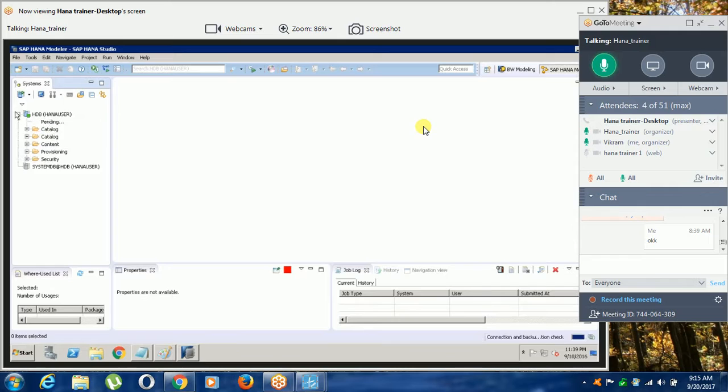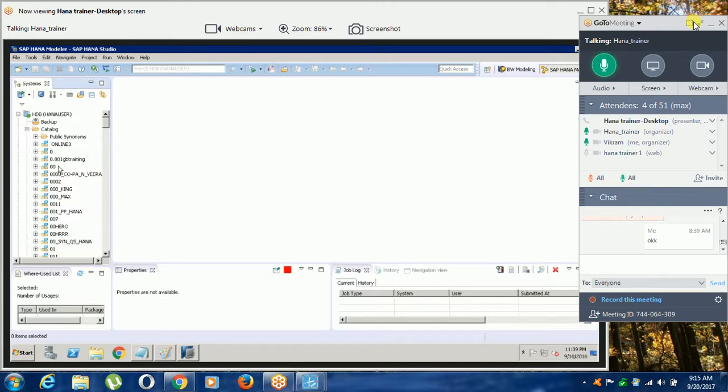See, this is a HANA instance. In the HANA instance, there are schemas. I can find your schema. Yes, this vid is your schema. This is the product table. I will open this product table.